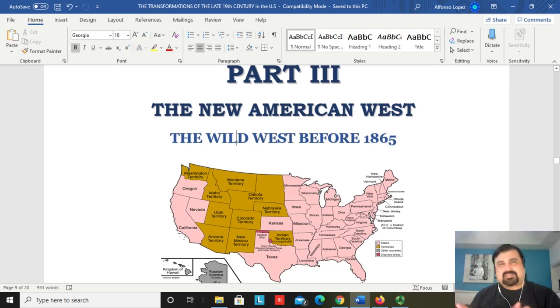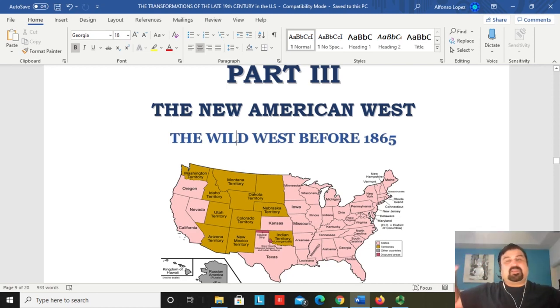So all of that setting is going to change very rapidly after the Civil War with industrialization. And the South is modernizing gradually. But in part 3, in this session, what we're going to do is look at the West. We're going to look at this region independently from the North and the South in terms of how this region actually was. Just briefly, I'm going to take a glance at how this region was before modernization, and how this region is gradually changing as well, as it's transitioning now to a modern,